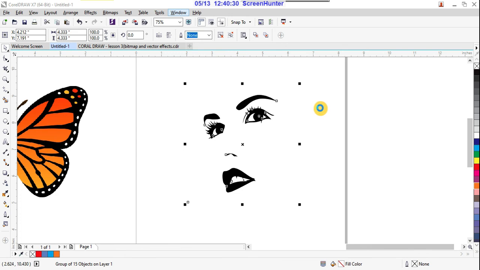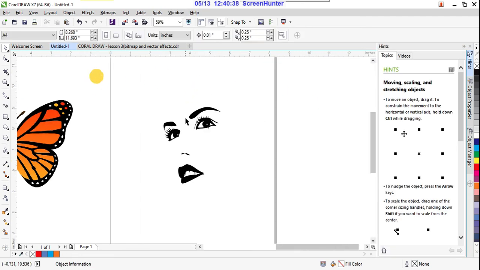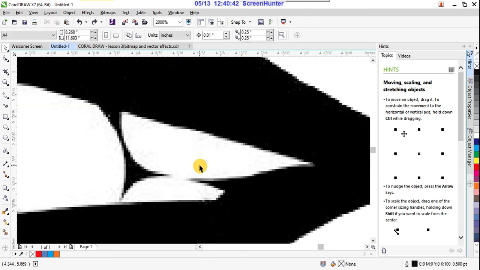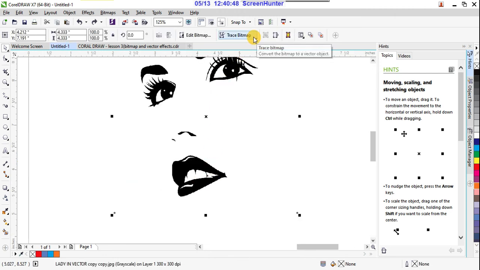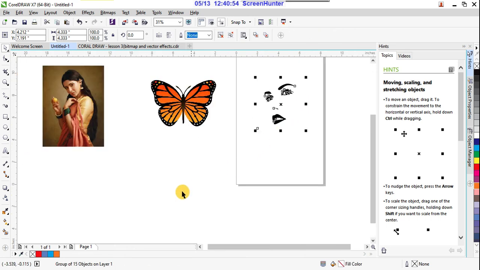Suppose I'm clicking on the default. Alright, then again Ctrl Z, and now this is our bitmap image. Now we can apply this quick trace.